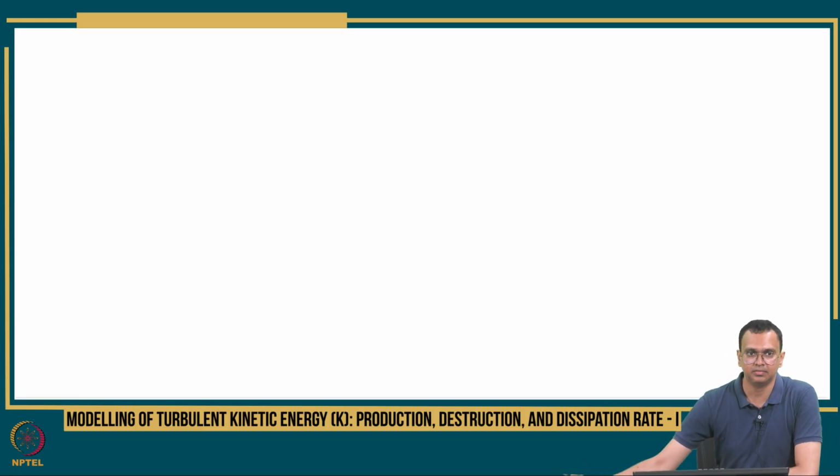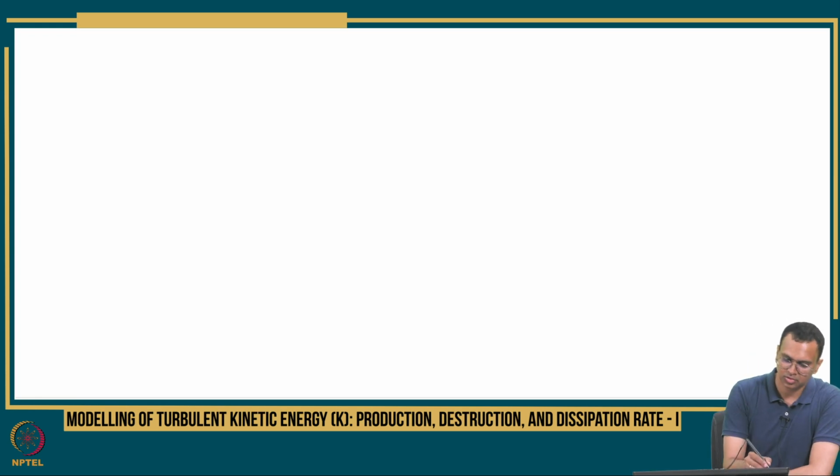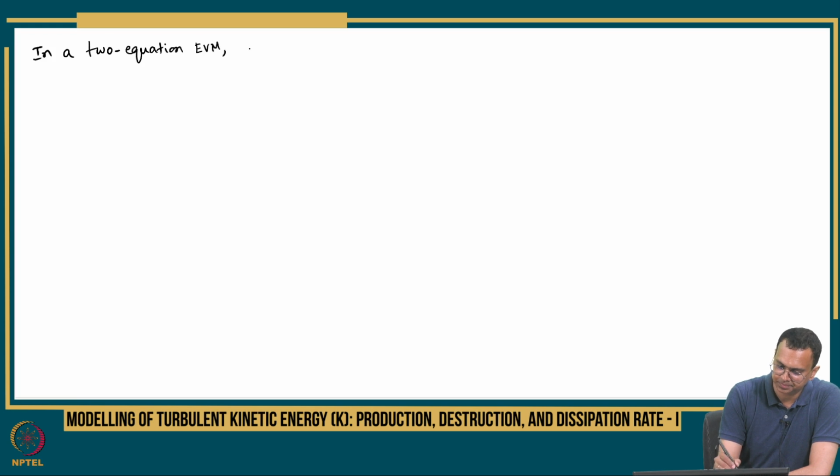Okay, so let's get started with where we left off yesterday, which was eddy viscosity models. In a two equation model, one example we discussed is that eddy viscosity could be a function of turbulence kinetic energy and its dissipation rate, right? So in a two equation eddy viscosity model, one option for mu t